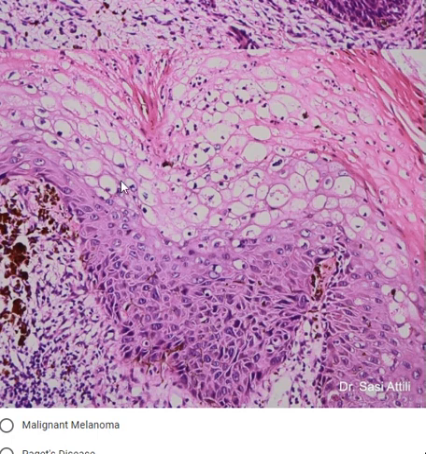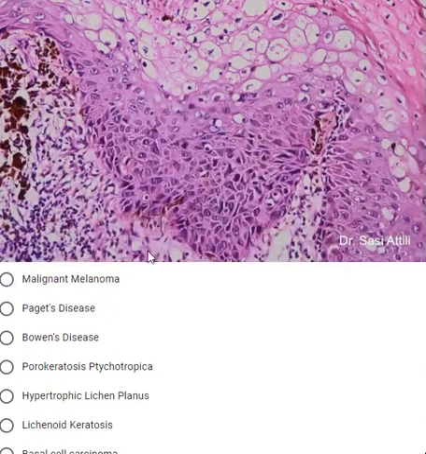These are not all melanocytes. These are simply apoptotic keratinocytes. The keratinocytes have developed a clear cell change. Because of dysmaturation, they become abnormal, atypical. These are not melanocytes. Paget's disease is completely different.